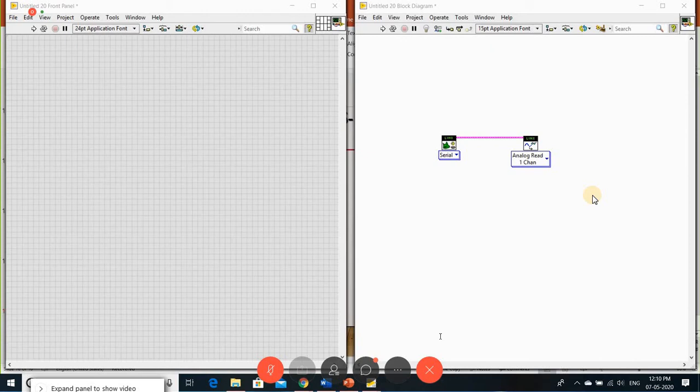How much time will it take, sir, for the certification course? It depends on how intelligently you grasp all the concepts. That is the main thing. See, for 5 days, I gave a glimpse of LabVIEW.